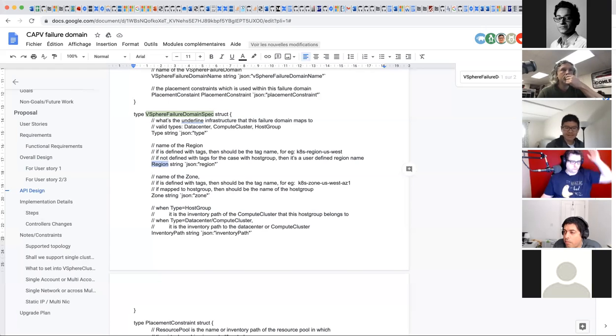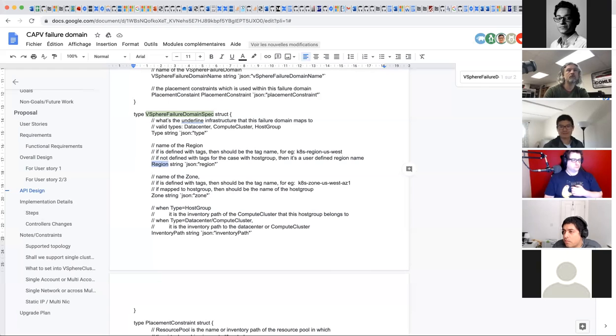Yeah, the current plan is we will differentiate the action on the host group, the VM group, and the affinity rules. Because for this to work, we need three: a host group, a VM group, and an affinity rule between them. During the last discussion, the decision we reached is the host group needs to be configured by the VI admin, and the VM group and affinity rules will be configured by CapV.